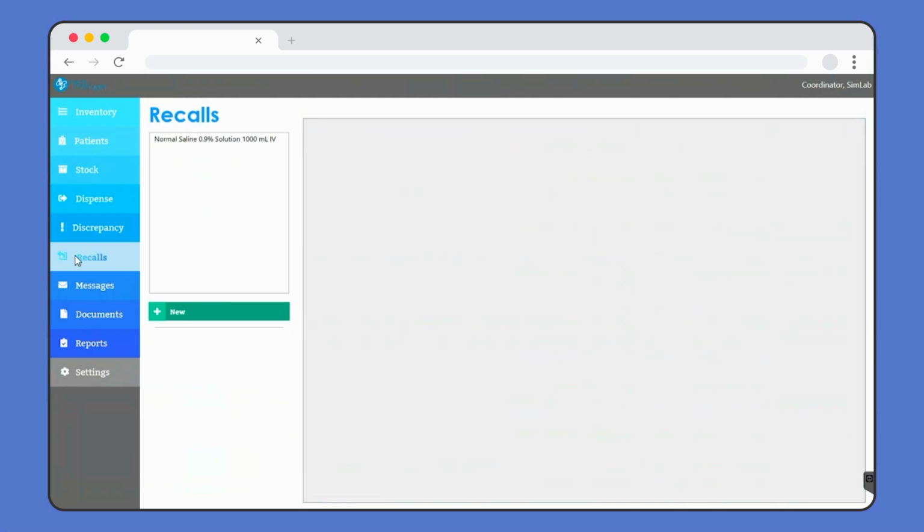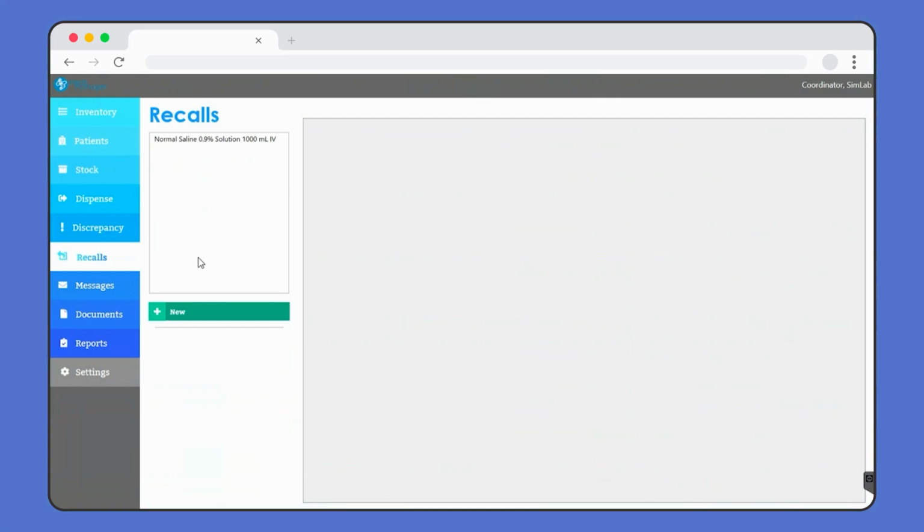So recalls are always focused on utilization of the medications in the virtual pharmacy formulary. What recalls focuses on is providing students information about a medication recall. So a med was pulled from the market because of a safety concern. There was a contamination event involved. There was a supply chain issue. Any of those types of messaging can be added to the software of MedsManager to enhance the realism for the